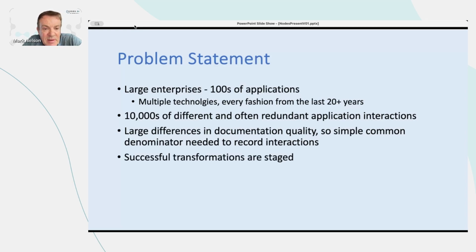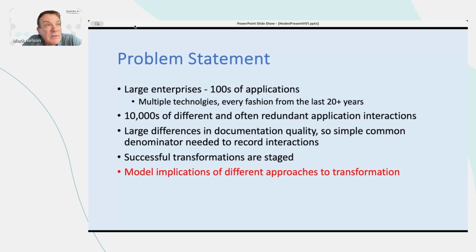Okay, successful transformations are staged. A big swap out only works in a small landscape or an extremely well documented landscape. So we have to do it piece by piece. And the core of this discussion is, how do we model different approaches to transformation? What I mean by different approaches is primarily when do we coexist applications together, and when do we decommission applications? These are the two biggest decisions you make in a transformation, but there are large implications between the